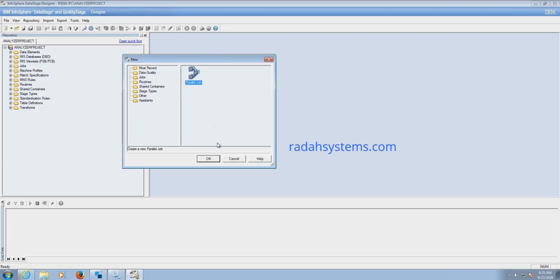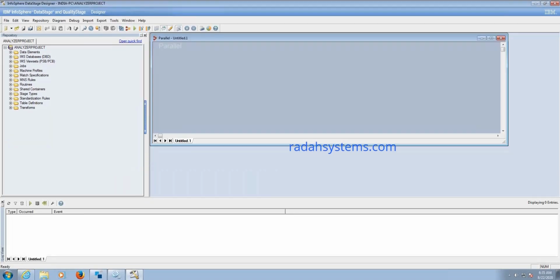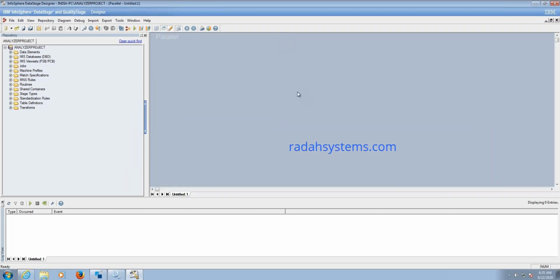Welcome to today's class. In today's class, we'll be discussing how to create runtime job parameters and parameter sets. The reason for creating parameter sets and job runtime parameters is that you may want to pass filter conditions dynamically. The word dynamically here means there is no fixed value. During the runtime, I can pass any value.